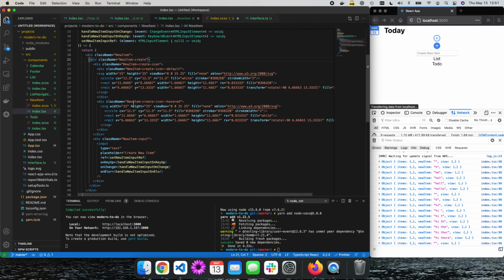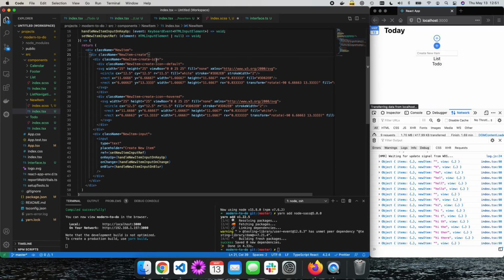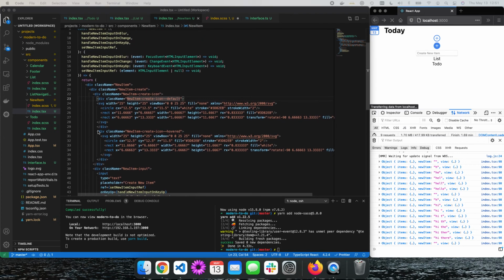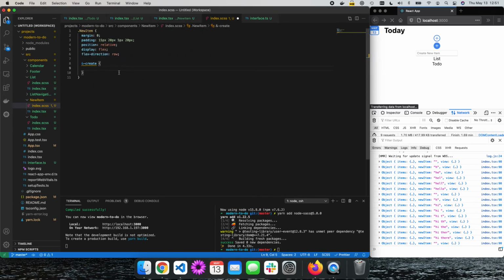Within create, we have the icon, and we also have the icon default and the icon hovered to add in there. Okay, so we're going to create icon. We're going to create ampersand dash icon. It's going to have a padding of 0 and 5 pixels. Top, bottom is 0, left, right is 5 pixels. Cursor is going to be pointer,